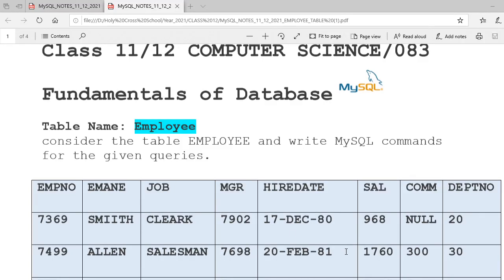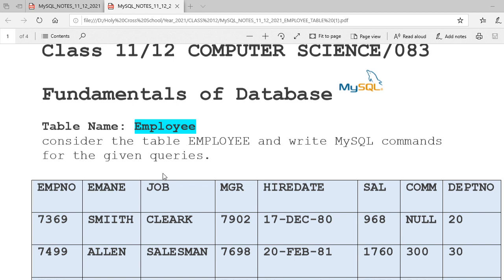As in yesterday's class lecture, we have completed a few queries for this employee table. Again, I am telling you this is a very popular table, employee, and so many queries are there. So I will enlist all the queries related. A lump sum I do have. Last year I had given 40, 45 or 50 queries to class 12. So that one I am going to compile and I'll give it to you.